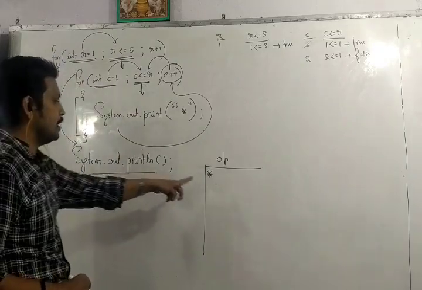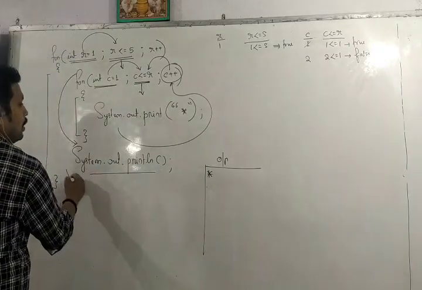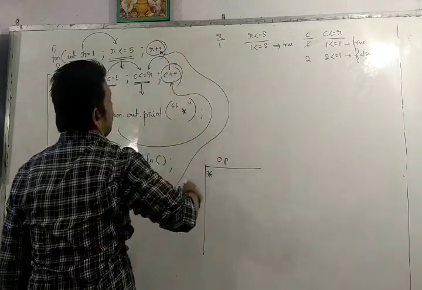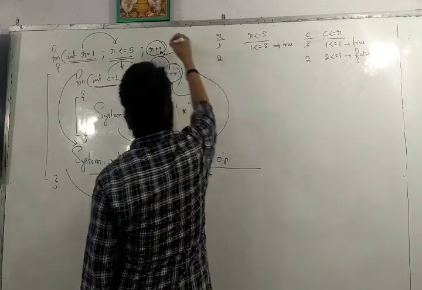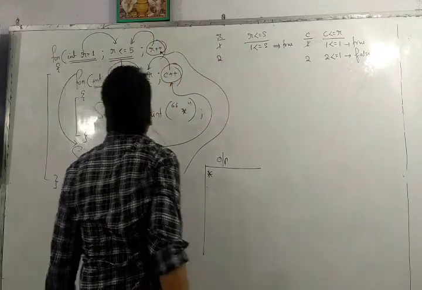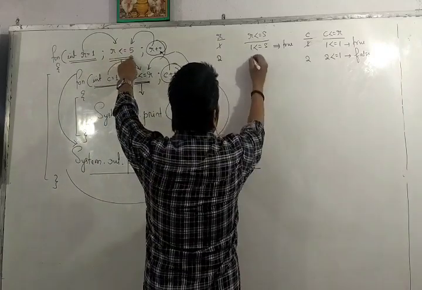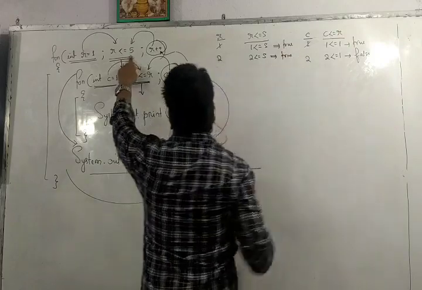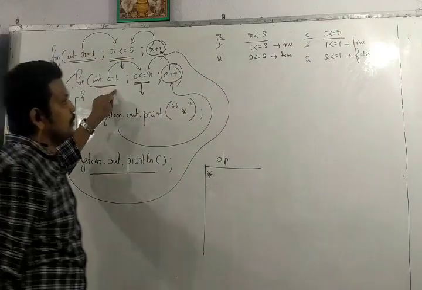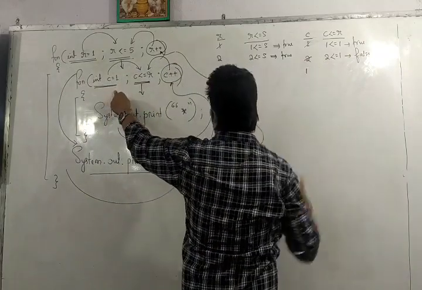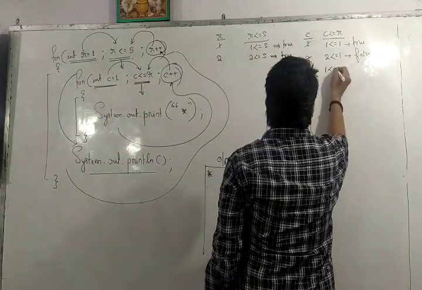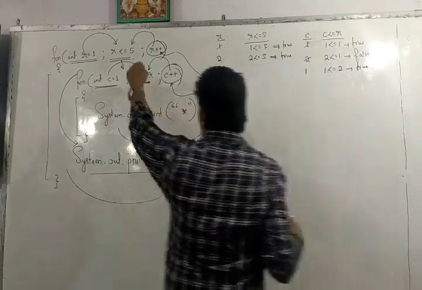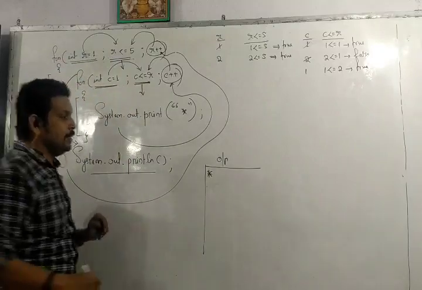So C++ is 2. Yes. Then the cursor came to the next line. Then the control will go to the updation expression of outer for loop, R++. So R++ is 2. Then control will go to the testing expression of outer for loop, R less than equal to 5. 2 is less than equal to 5, true. If it is true, C is equal to 1. Again C will become 1. 1 is less than equal to R, 1 is less than equal to 2. Yes, it is true. If it is true, go within the body of the loop and print star.